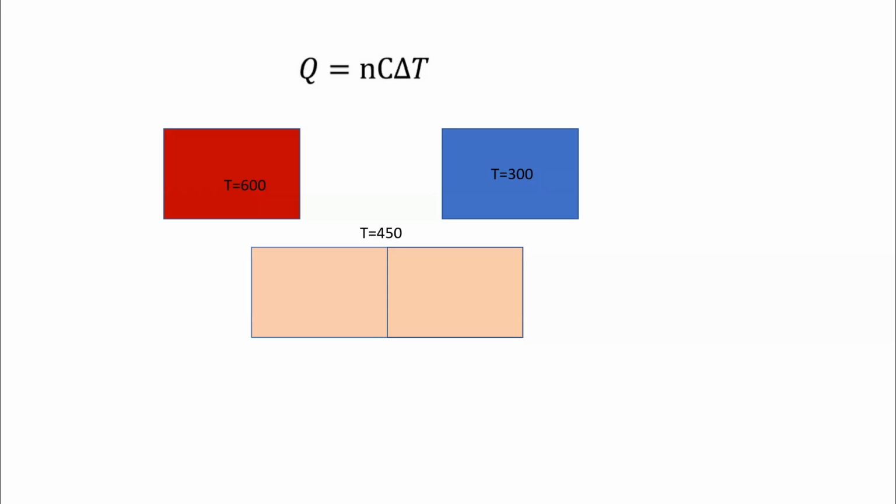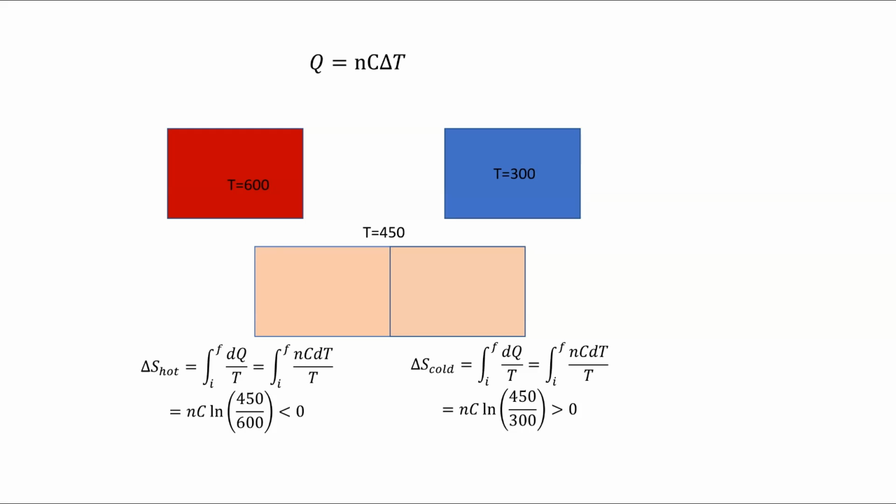And so let's calculate what the entropy change looks like for a process like this. Well, on the left, the entropy is still dq over T. That's how entropy is defined, right? And so for our block, it's the number of moles times the specific heat times dT over T. You integrate it, you get something that looks like this. On the right, for the cold one, we do the exact same thing, except now we just have different initial and final temperatures. You'll end up with something that looks like this.